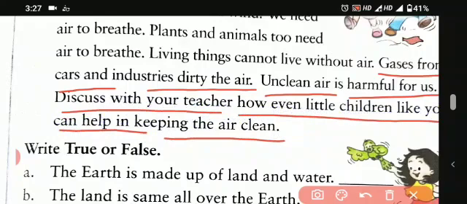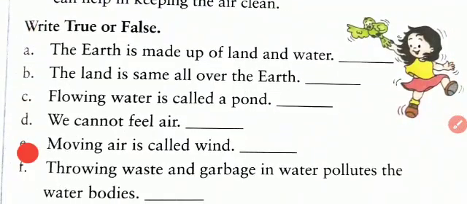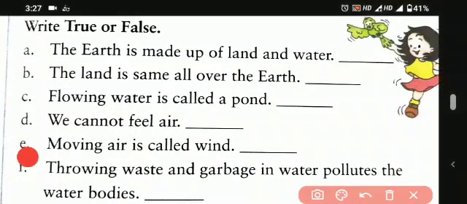So students, now we have learned about the earth. Now we will do some true or false. The earth is made up of land and water. This is true.